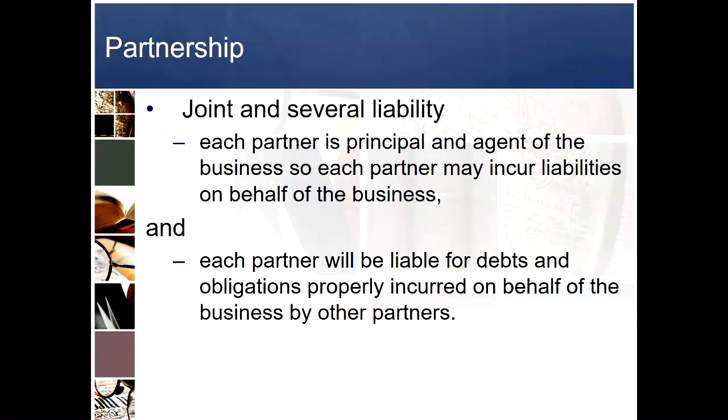The other thing about partnerships is they have joint and several liability, which is that one partner will be liable for the debts of the other partner that they've incurred in the business. So if one of the partners decides that it would be really important and necessary for the business for them to drive a Maserati or a Porsche or a Lamborghini, then the other partners will actually be liable for those debts. So that's what we mean when we say joint